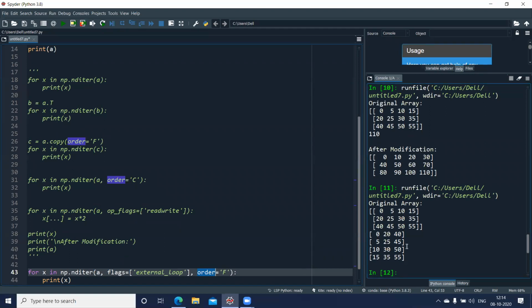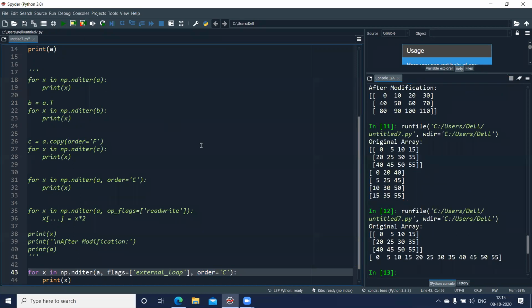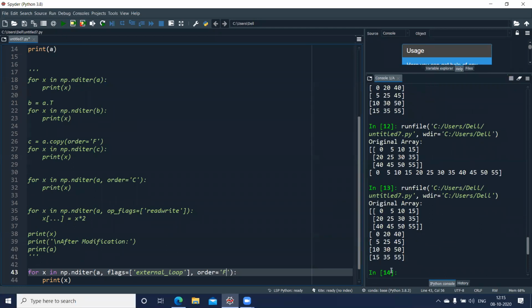And because the order is F, we are getting it column wise. If I change this to C, I'll get it row wise. So when I run this, here you can see I'll get the whole row now. So this is treating this whole thing as a 1D array from 0 up to 55. Clear? So both ways you can check it out. Sorry, capital F. So this was one output and this is the other output. Clear? Let us go ahead and see how to manipulate.